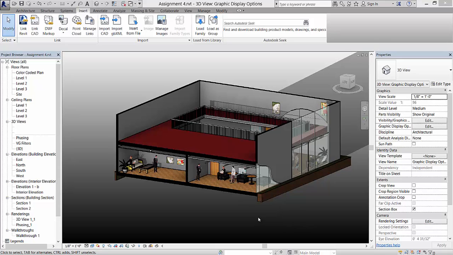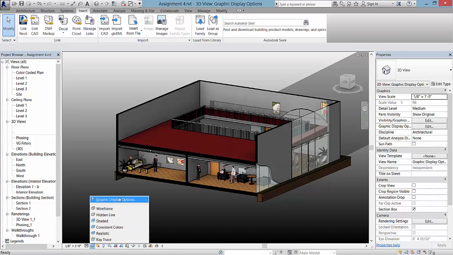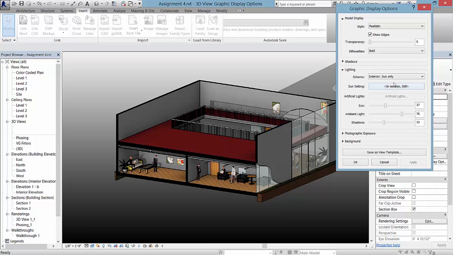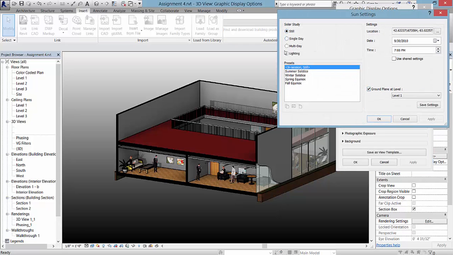I just want to point out to you that this is your design, so if you decide to go back to graphic display options and change your lighting under sun settings to lighting, and then come in with sunlight from the top or the left, you can do that, or go to still and change here like I did the time to 7 p.m. so that you can get the sunlight into the space and we don't have any dark